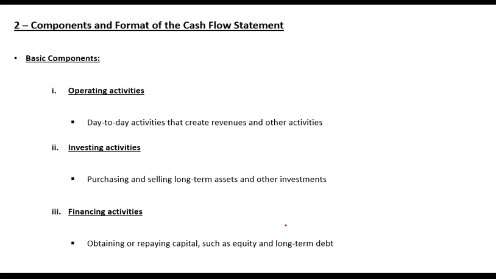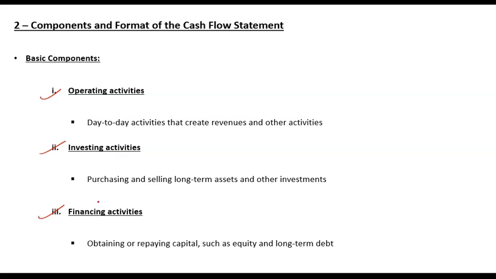So before we go into further details, a cash flow statement has three broad components: operating activities, investing activities, and financing activities. Operating activities relate to the core operations of the company or day-to-day activities, that is, the business activities. For example, purchasing raw material, manufacturing product, giving salaries to employees, and then selling the product and getting the cash from customers. All these are operating activities that are related to core business operations, or that are there to keep the business continuing operation.